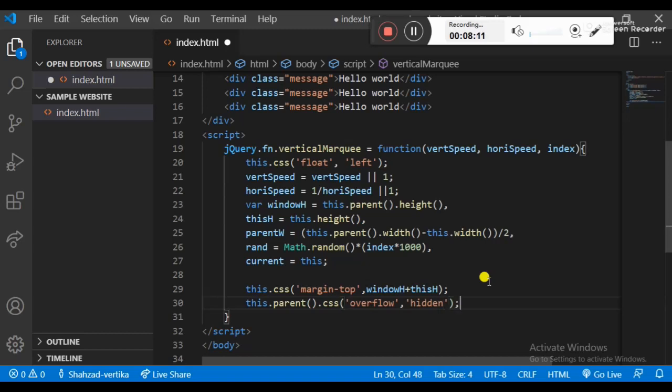Now I'm applying setInterval with a called function.